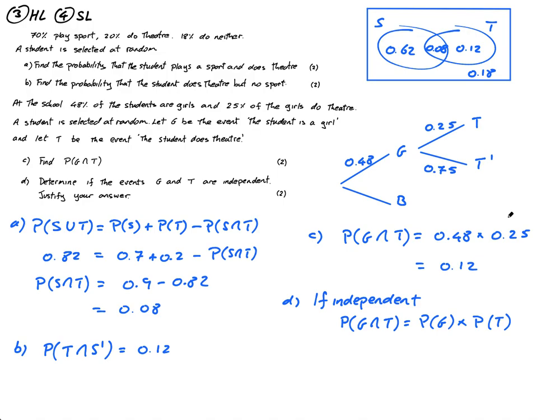So the probability of a student doing theatre is this. It's still the 0.25. So I'm going to find the probability of G times the probability of T, which is the probability it's a girl, 0.48, times the probability they do theatre, times 0.25, and this is equal to